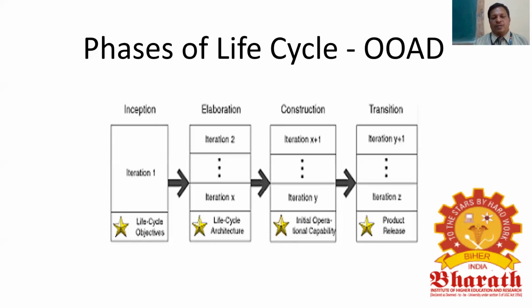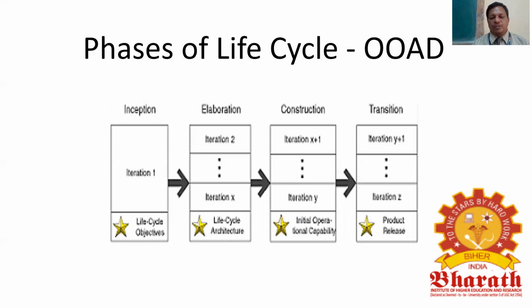In construction, we are constructing the code. Then in transition, after construction of the code, we are going to test the system, and then we are going to finalize the product. The final product is released, and then we test. So transition is one phase to another phase. What is the state of the system? So we are going to define the